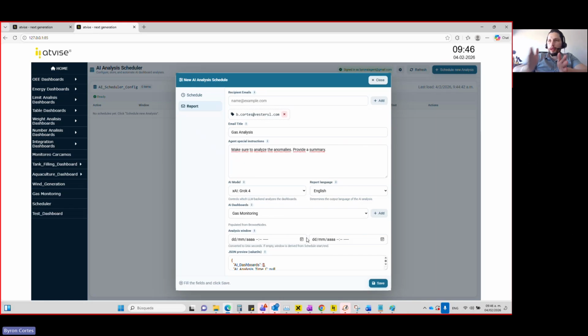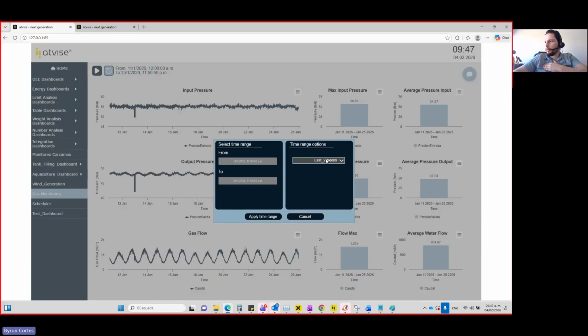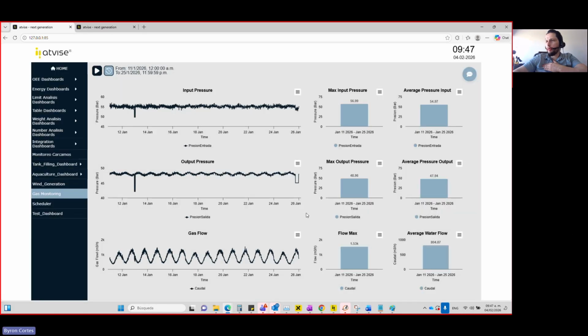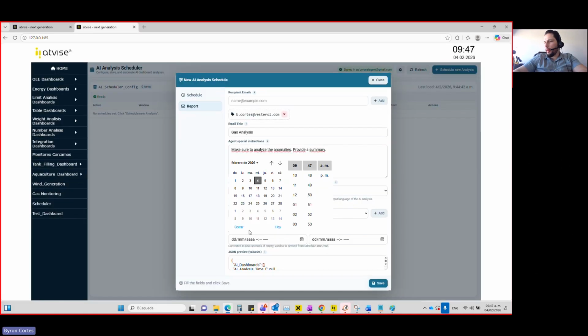And we need to define the window that we're going to analyze. So for example, here is from the 11th of January to the 25th. So this is the data that we are going to be analyzing. I'm gonna select that time range.